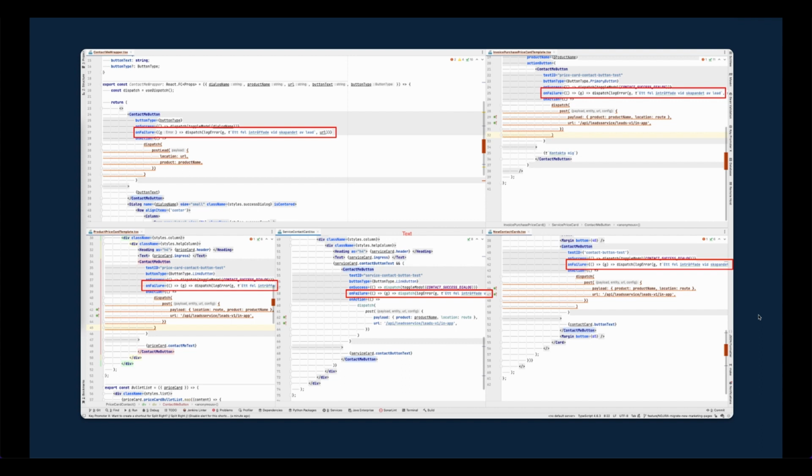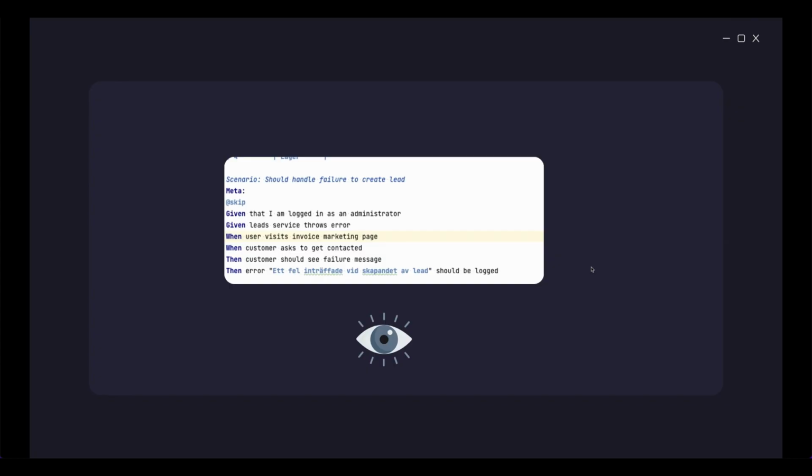And the interesting thing here is that 4 of 5 of these lines are actually wrong. They have a nested function, as you can see here. So there isn't actually going to be an error logged. We actually had a test to verify that the contact me button would log an error when it failed to execute. But that test was marked skipped, as you can see here, and never run in our continuous deployment setup.